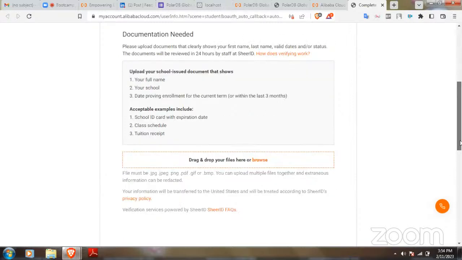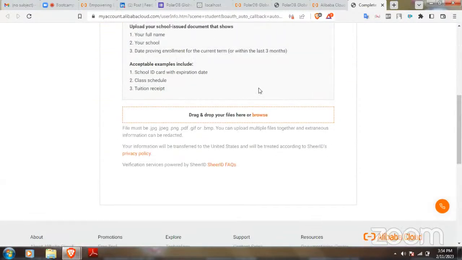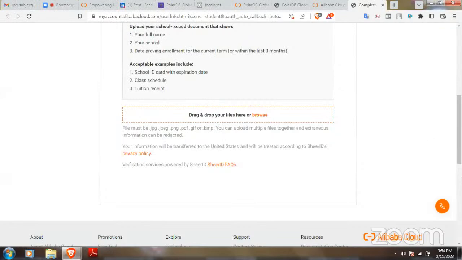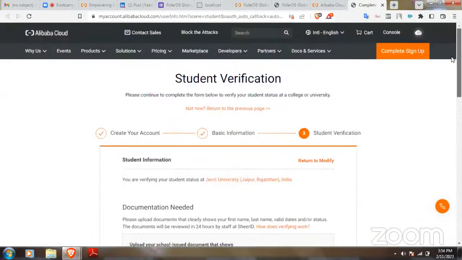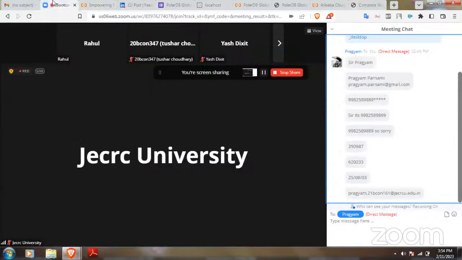So if you can see here, I just have to upload your ID card from here, and then they'll verify whether you're a student or not. If you want to get verified right in this portal itself, you must use your college ID. Is anyone here who has created their account using the college ID, so that I can quickly walk you through how to create the instance using that account?